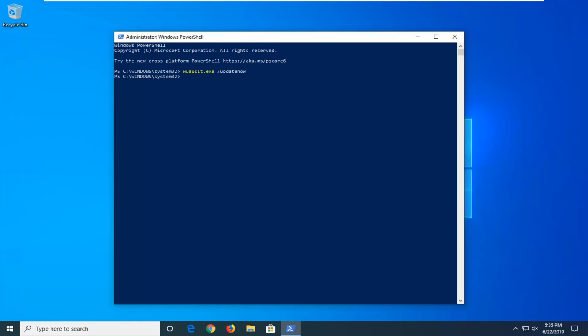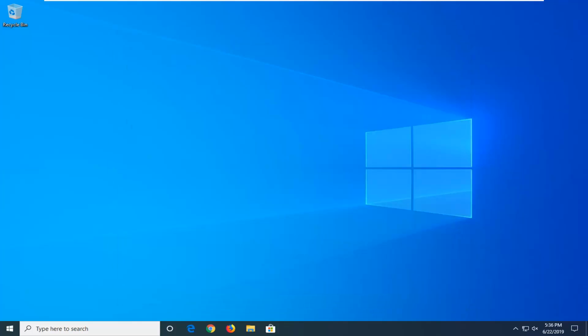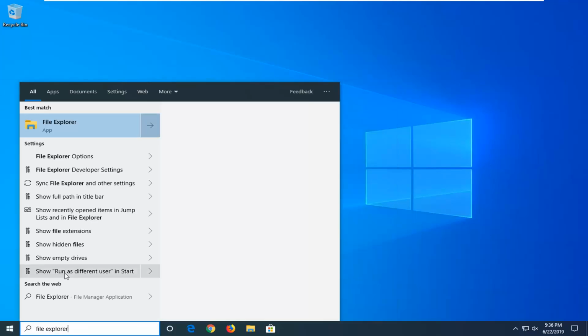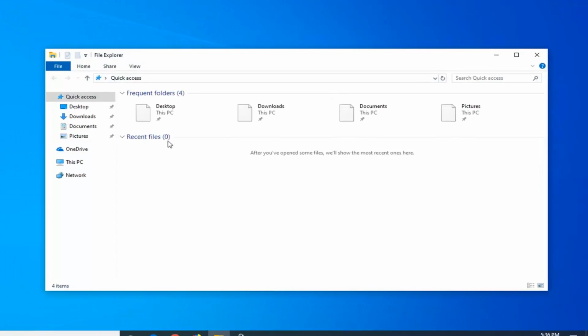And now that you've done that, you want to go ahead and close out of here, restart your computer, and hopefully that's been able to resolve your problem. So if you're still experiencing a problem, once you've restarted your computer, open up the Start menu, type in File Explorer. Again, I'd only do this if you're still having a problem, but we're going to go open up File Explorer,